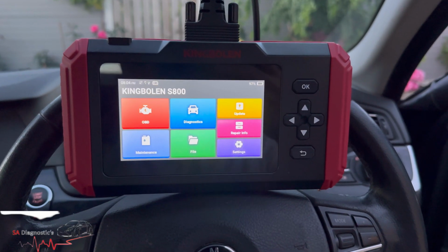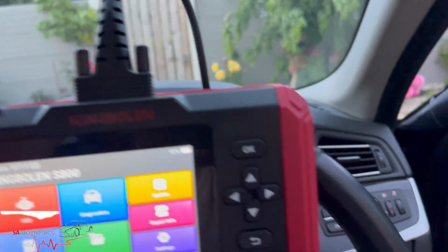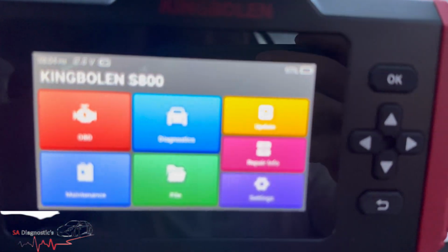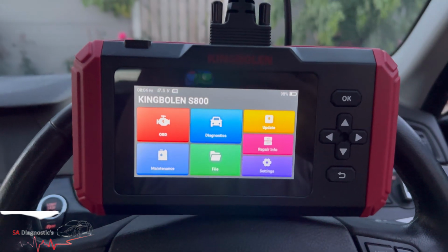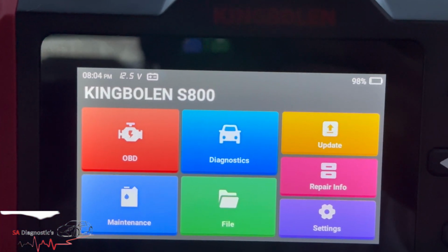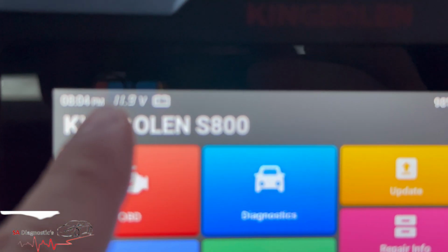Right guys, so we have paired it up to the car. As we said, this is the cable, goes in, hook them two up, it's gone underneath there. Ignition's on, and like we said earlier, the instant battery measurement, I like that. It's a bit different to other manufacturers I've used, such as Hotel. It's quite live, so if I turn the vehicle on, it tells you like